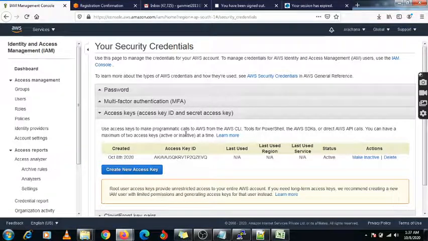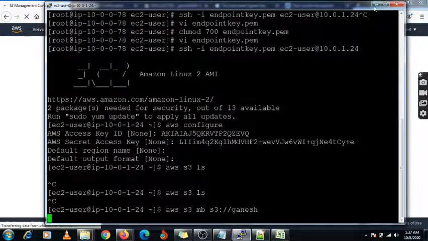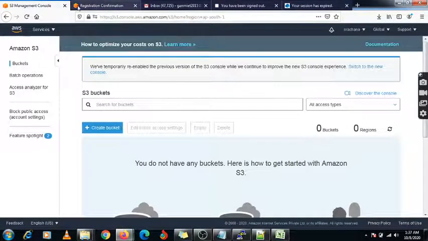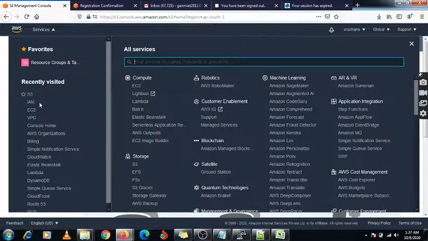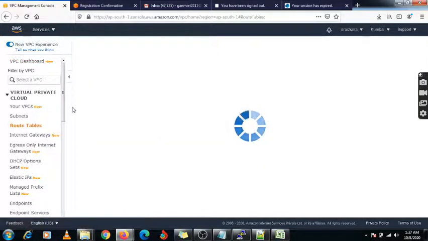You can check whether this bucket is now created or not. Actually, it looks like something went wrong. It is still not reflected. So first I need to check my settings under this endpoint, or we need to assign that endpoint to the route. Actually we need to check our route.